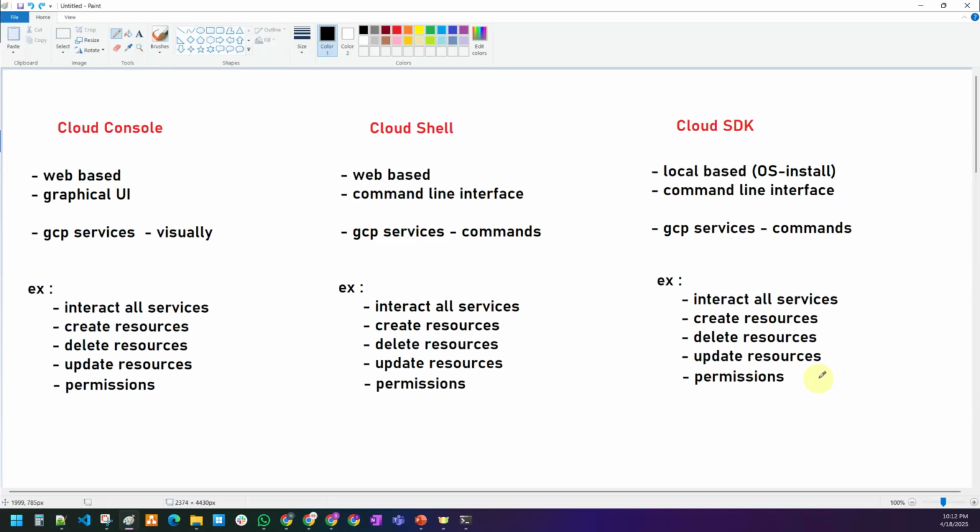It totally depends on your project requirements. Which one we are going to use mostly, if you ask me, depends on your project requirement. In some projects, they ask you to use the console. Some companies ask you to use the Cloud Shell, right? Some services are very good at console, some are very good at Cloud Shell